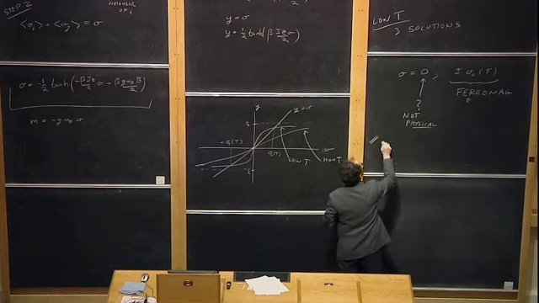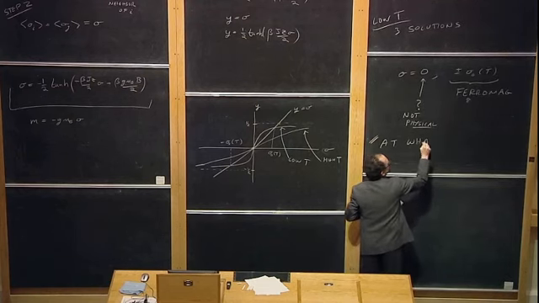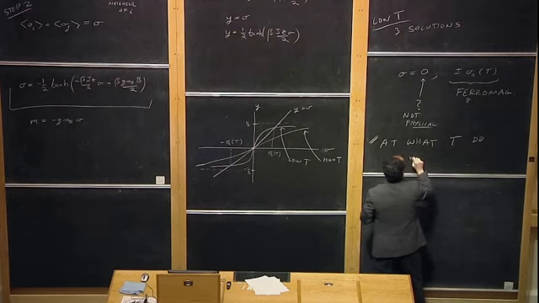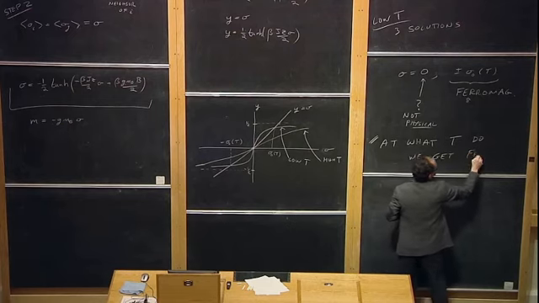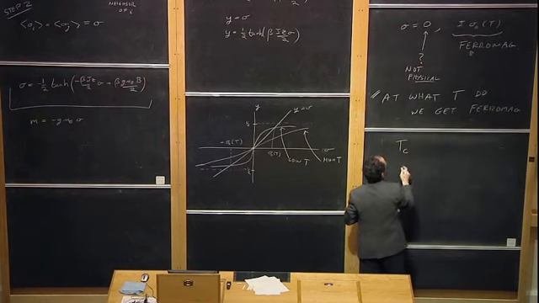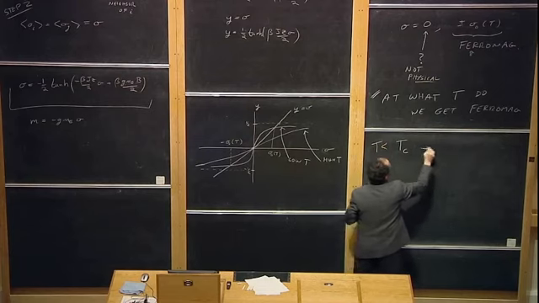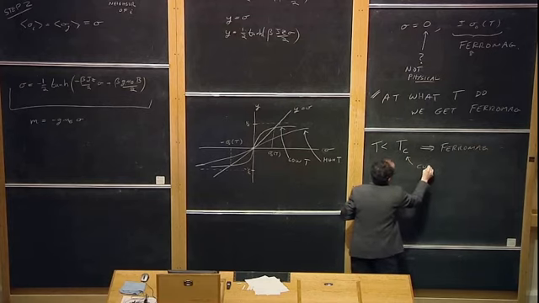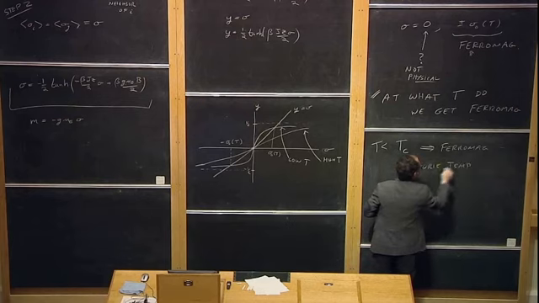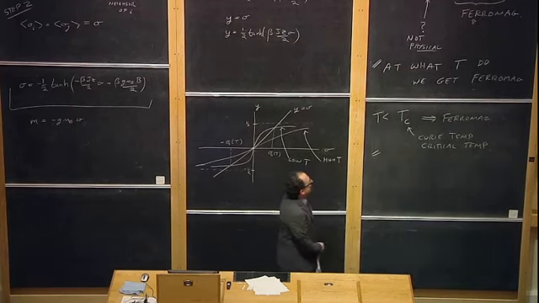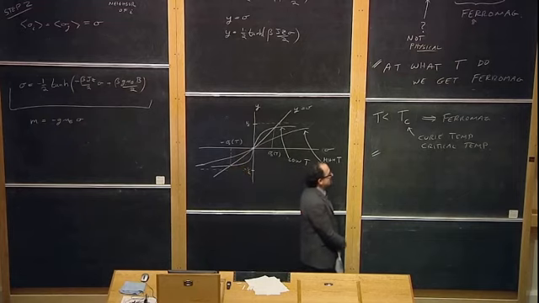So let's write that down. At what T do we get ferromagnetism? Well, there's actually a name for that. Tc is known as, for T less than Tc, you get ferromagnetism. And Tc is known as the Curie temperature, or the critical temperature, below which you have ferromagnetism. So we'd like to know, what is Tc, or when do we get this ferromagnetism, at